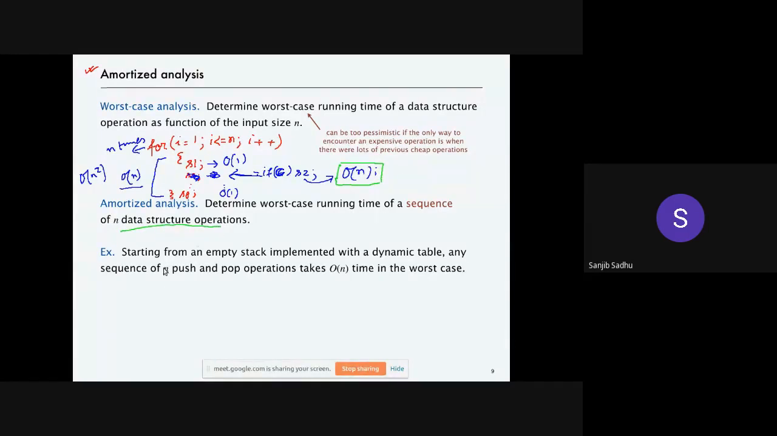Example, starting from an empty stack. Suppose this is the empty stack. This stack is empty, and you have started from the empty stack, implemented with a dynamic table. Any sequence of n push and pop operations takes how much time? Any sequence means, please remember, I think I have discussed with you